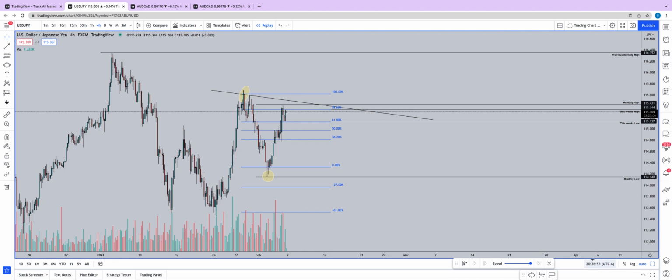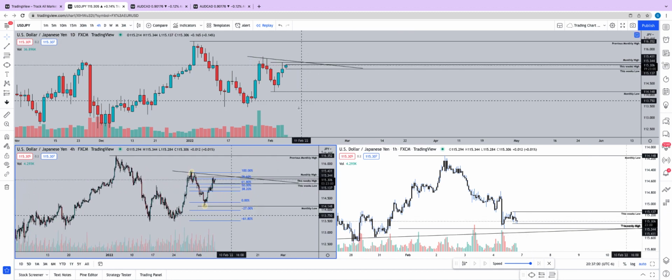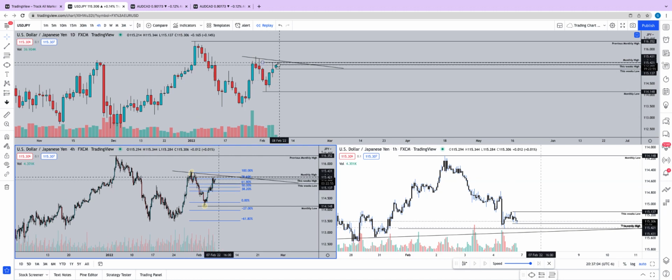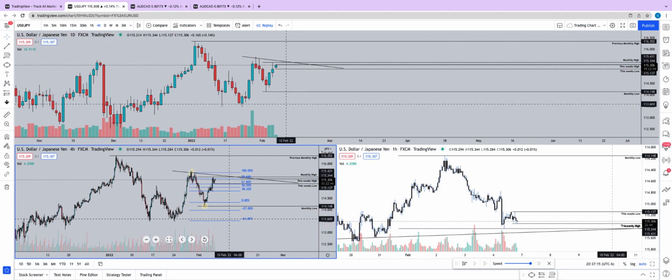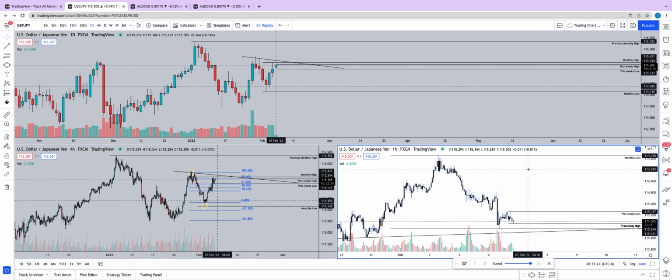So now that we have a scope of what our 4-hour looks like, we have our monthly, daily, and weekly all lined up. We know that there's a bunch of levels of possible resistance here. We know that we are anticipating our third tap, but our overall bias is going to be bearish, which would be, on this 4-hour chart, our bias would be to take profits somewhere around here, which lines up accordingly with these lows. So now going to the 1-hour chart